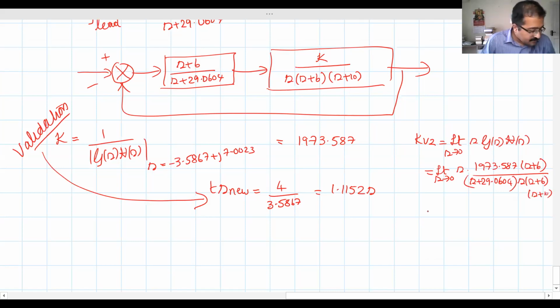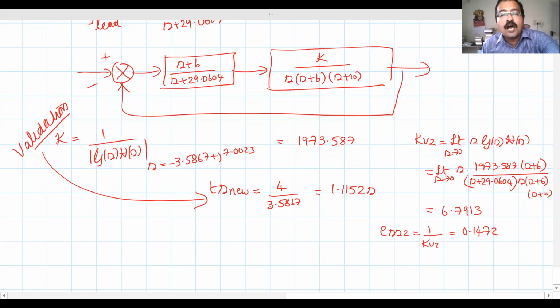If you do this, you will get the static velocity constant as 6.7913. And what will be the corresponding steady state error? 1 divided by Kv2. You will get that as